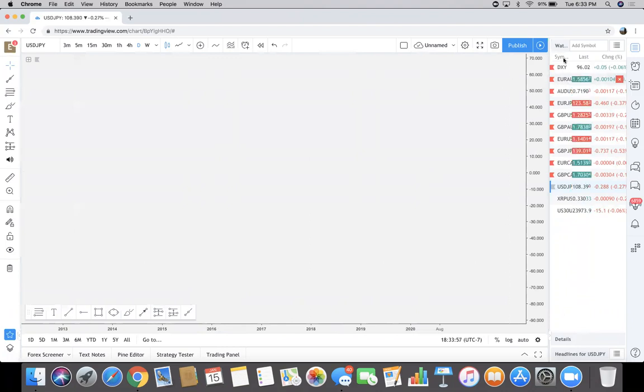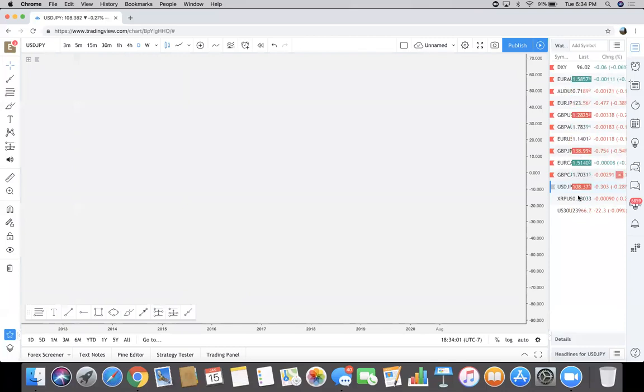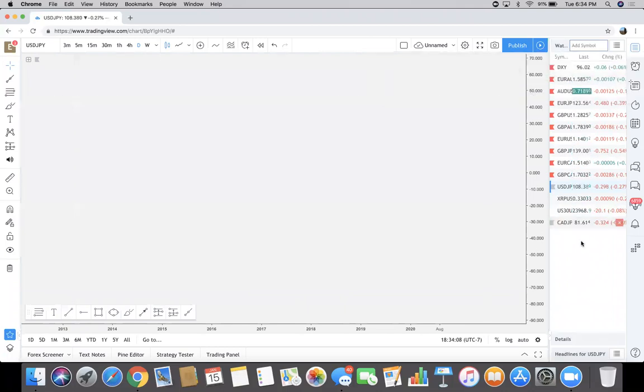One more thing that's been another key for me is this little tab right here. So this is my little watch list. I go in here, I can add a symbol, a JPY. I haven't marked this pair up, so I don't know. I'm just showing you guys. CAD JPY. If you see a good setup,